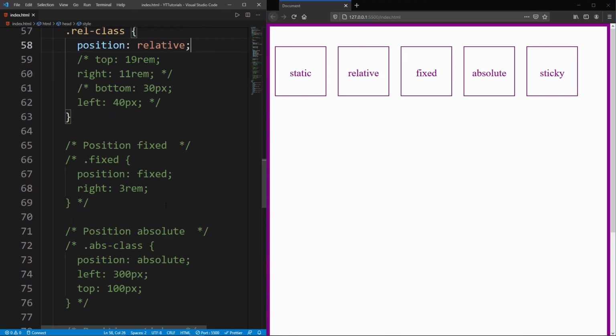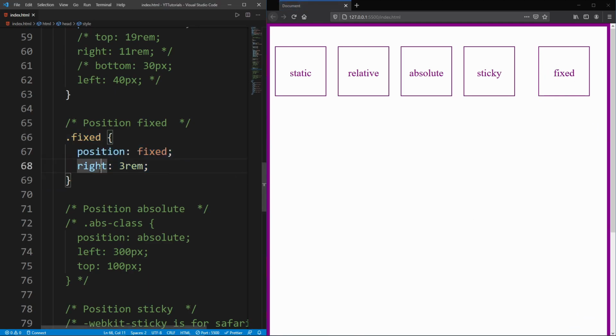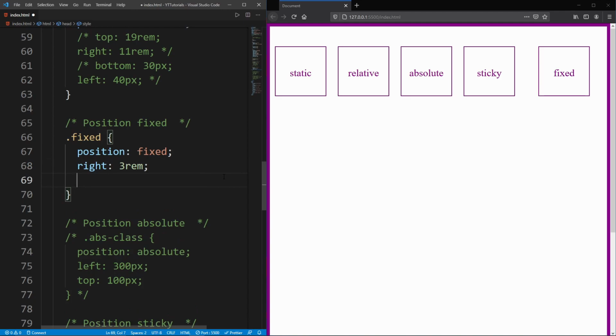So how does fixed work? So let's uncomment this, and now let's save this. So as you can see, something changed. When we set right 3 rem, it will go in left direction, of course. And we can change this, like we can do top, and we can do like 100 pixels maybe, and now it will move downwards because we are setting that